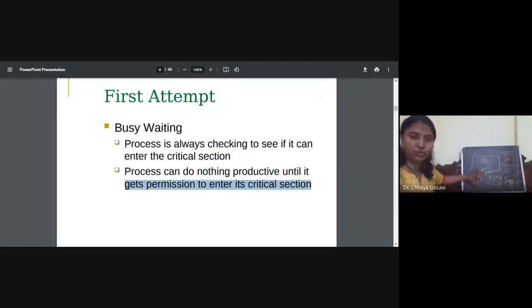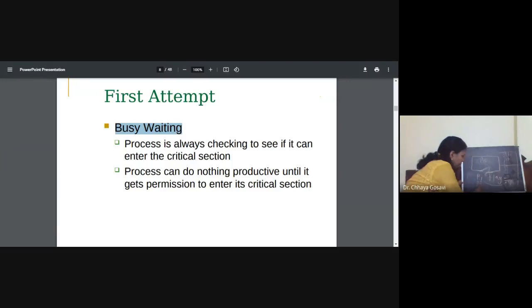So P1 has to wait. It is not sleeping. It has to wait for this flag. This is the problem with the first attempt. There is mutual exclusion, but assume that more than one process arrived, if P2 also arrived, and now the door is open, so who will enter first, P1 or P2? So this solution will work only with two processes.